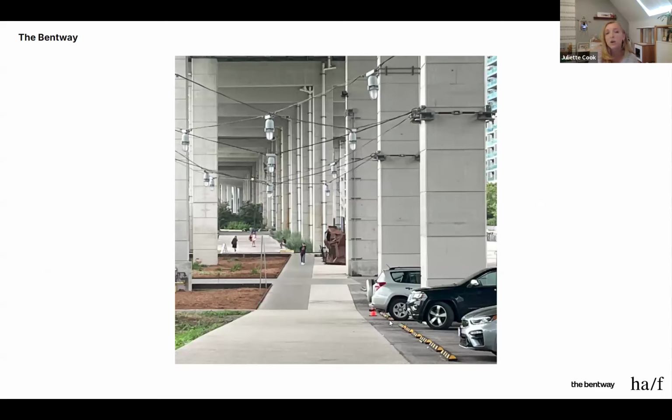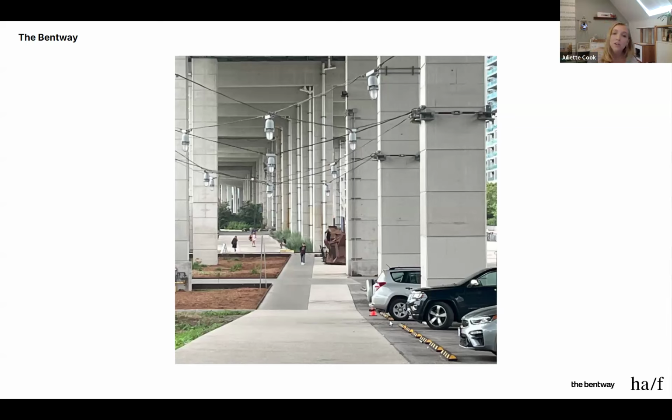And so first I'll be speaking to work that we did with the Bentway. This is about a year ago now. For anyone unfamiliar with the Bentway, this is the space underneath the Gardiner Expressway that's been activated for public use. The project already deals with a degree of reuse of urban infrastructure, namely the highway. And it has transformed this underutilized space beneath the highway into a vibrant public realm, fostering community engagement and providing a setting for arts, recreation, and other cultural events.